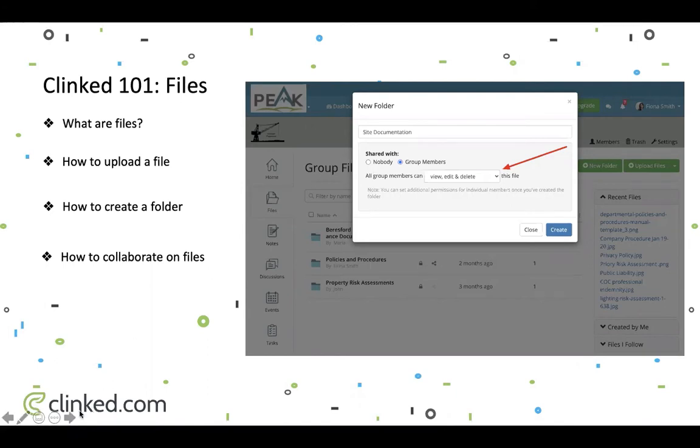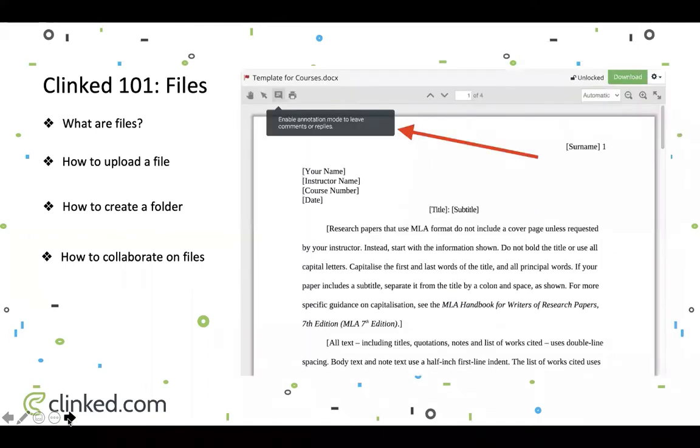But to collaborate itself, there's a handful of different things that you can do when collaborating in specific files. Just as a view, this is a piece of content. It is a file that's within a folder. It is a doc, so it is a Word document here based upon the extension of the file type. In the case of docs, as well as PDFs and a few other different file types, you have the option